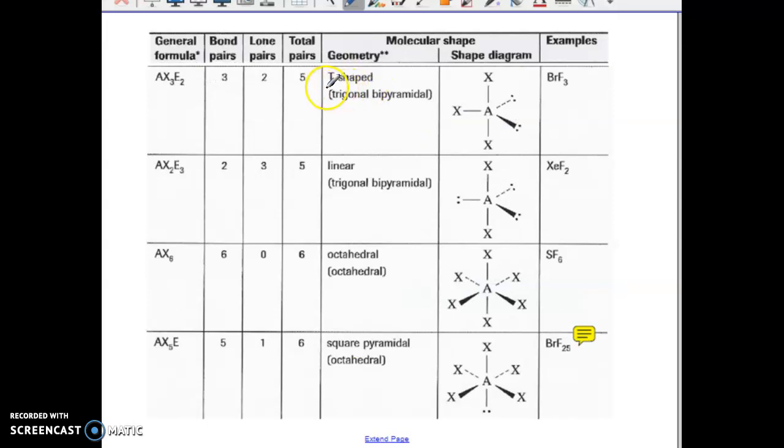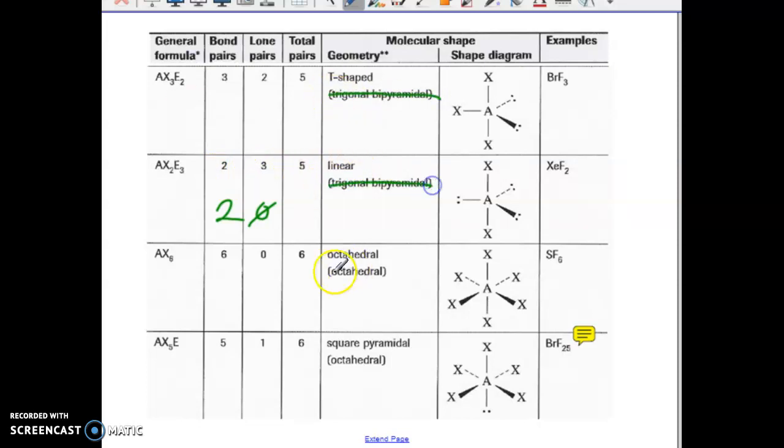Okay, so then we have another new one, T-shaped. This is where you have 3 bonding elements with 2 lone pairs on the central atom. So it's called a T-shape. I guess it's like a sideways T. I don't think of it that way. So here's another repeat of linear. The one we had before that was linear was 2 with no lone pairs. But now if we have 2 with 3 sets of lone pairs, it also takes on